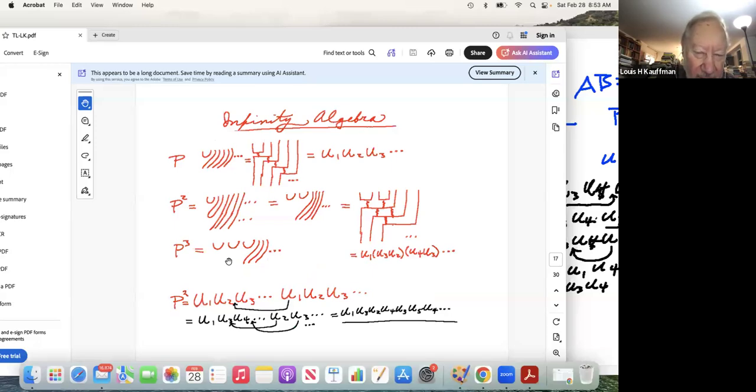So now I just want to mention some other things that you can play around with. For example, you could consider infinite products if you wanted to, because you could think of things like this going off to the right. And then you could factor that. You see, if I wrote that as a product of Temperley-Lieb elements, it would be an infinite product of Temperley-Lieb elements because there are an infinite number of pairings. Each one demands another pairing, demands another pairing. It would be the product of U1, U2, U3 forever. If you squared it,